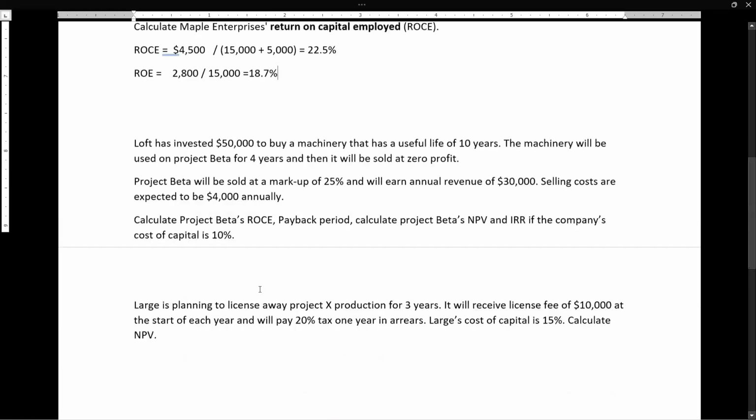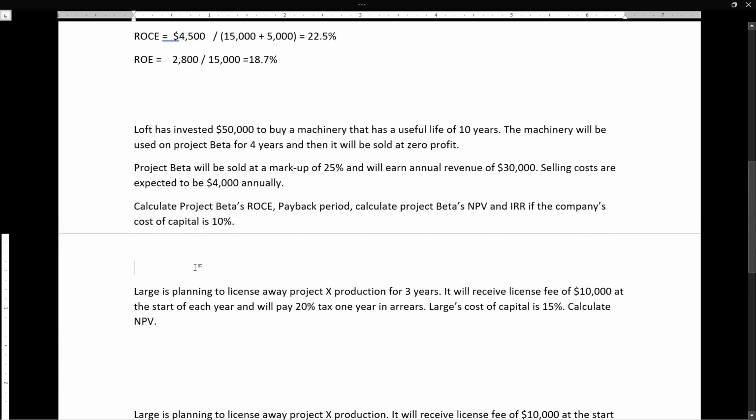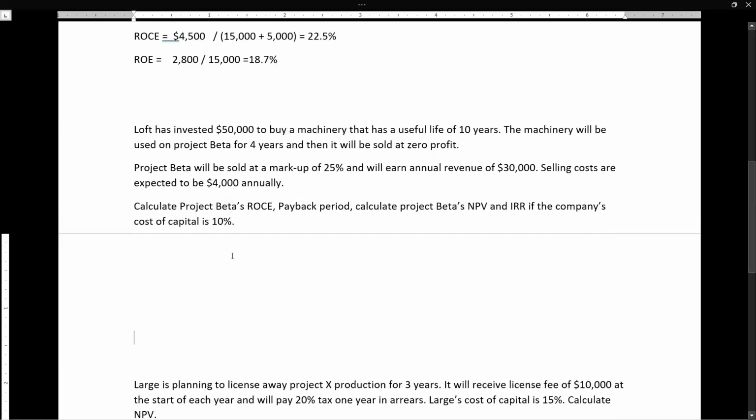Let's have another practice. In this practice, we will need to calculate lots of ratios: return on capital employed, payback period, NPV, and internal rate of return. So we have a company that has invested 50,000 to buy a machinery that has a useful life of 10